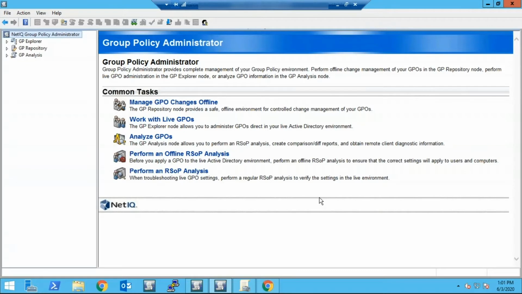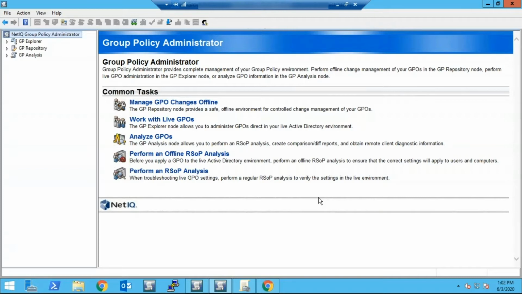So what I have on my screen here is Group Policy Administrator, otherwise known as GPA. GPA is a solution that allows you to remove native Active Directory permissions for managing group policy objects. So how we do this is we leverage the ability to have administrators and GPO users use this solution without the need of an elevated account, where we can delegate specific access to those group policy objects. And doing so,